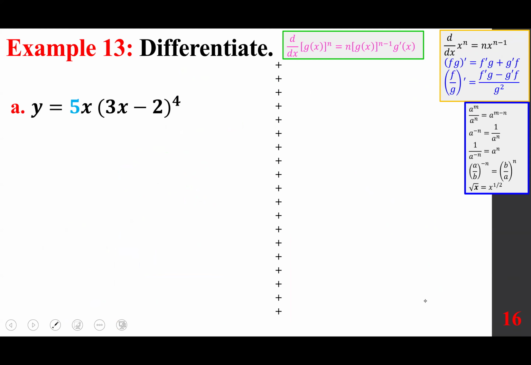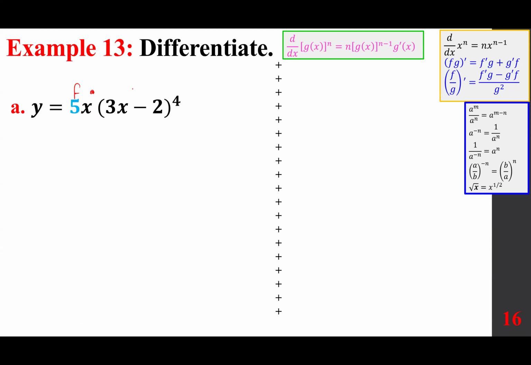We are going to move on, and y is 5x times (3x minus 2) to the power of 4. First, I want to mention that this number is the coefficient that will carry over. You have two choices. You can keep it as part of x or just put it out. However, when this number is a simple number to deal with, you can just treat this as part of x, and therefore this is your